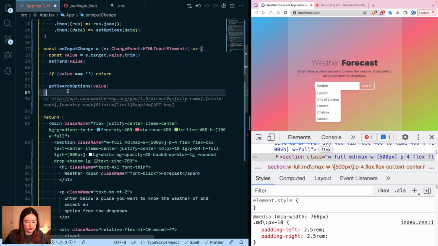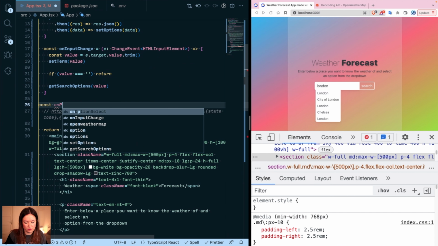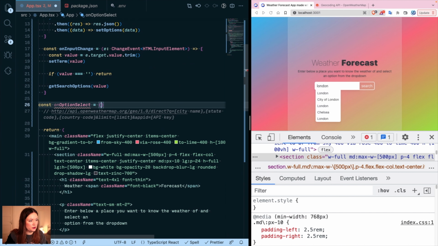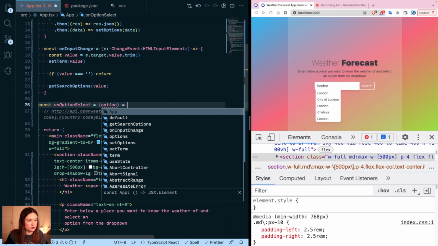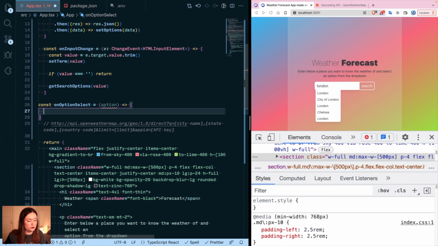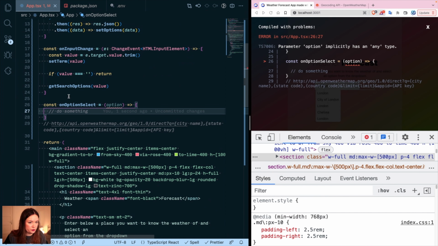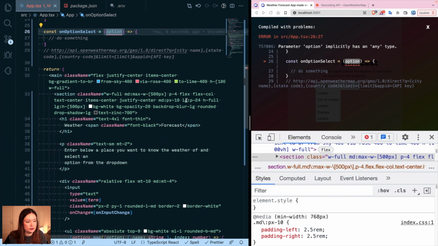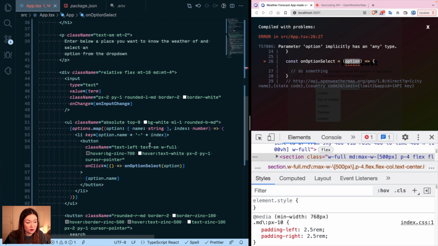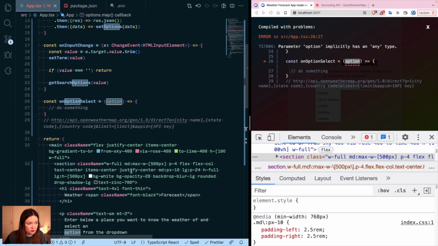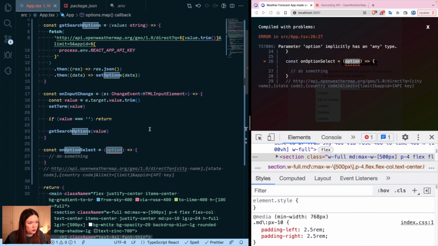We're going to create a const onOptionSelect, and this is going to be option, and then we're going to do something. Now, before we do something, there you go. You see that our option is again erroring because of TypeScript. And we already know that we've defined a couple of times this option. So we define it here, and then we need to define it here,